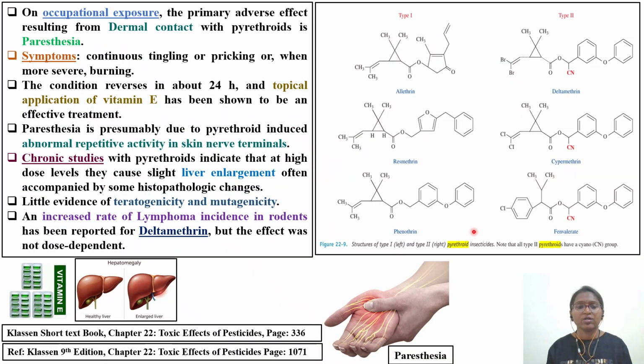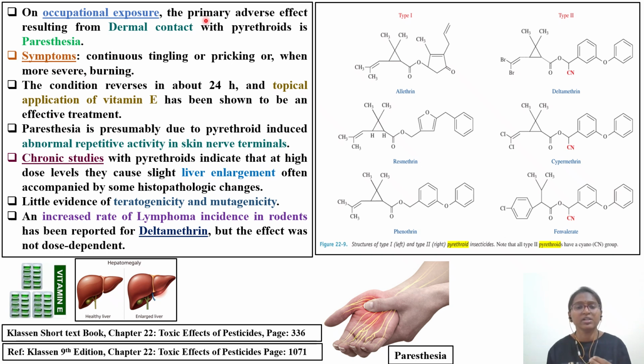So what is happening in the case of occupational exposure? Those workers who are working with these pyrethroid insecticides, what is happening? What is the nature of it? The primary exposure is through dermal contact only. Frankly speaking, pyrethroids are less toxic, but on chronic exposure, because in an occupational setting the workers come into dermal contact with this chemical daily,